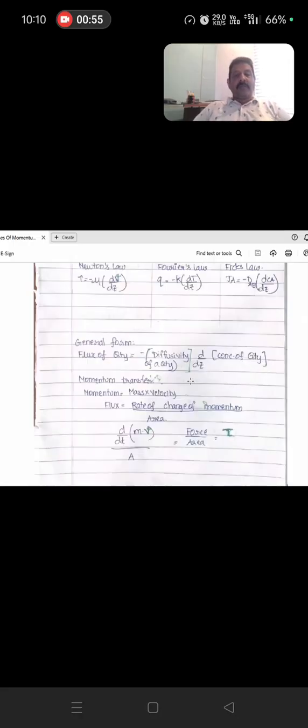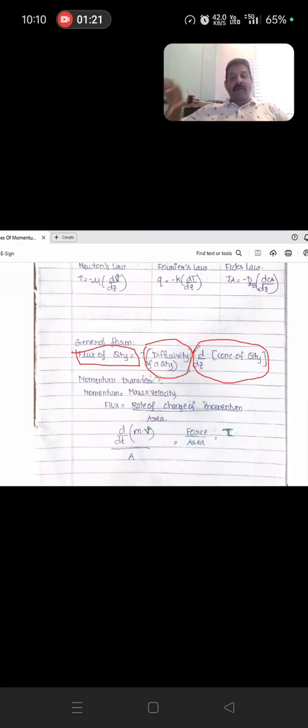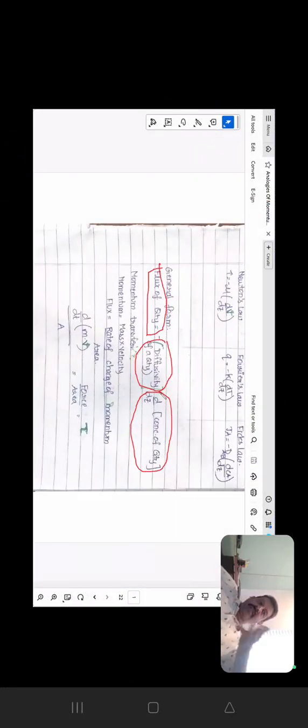So when I write the general formula, combining all three, what can I write? I can write flux is nothing but some constant, that is the diffusivity of a quantity, into the gradient. What is this called? Concentration gradient. Concentration gradient means the change in concentration of a quantity for a small change in distance, in the z direction, in a direction normal to the direction of heat flow. In heat transfer we say the heat transfer area is the area normal to the direction of